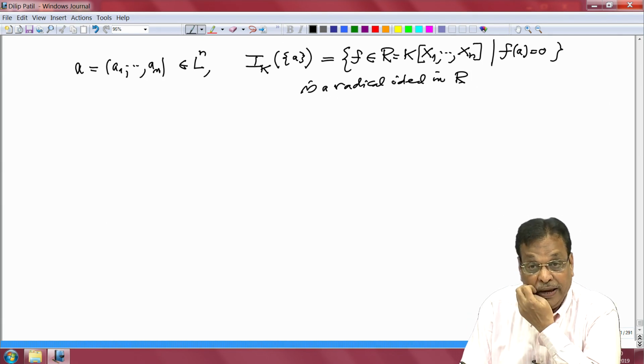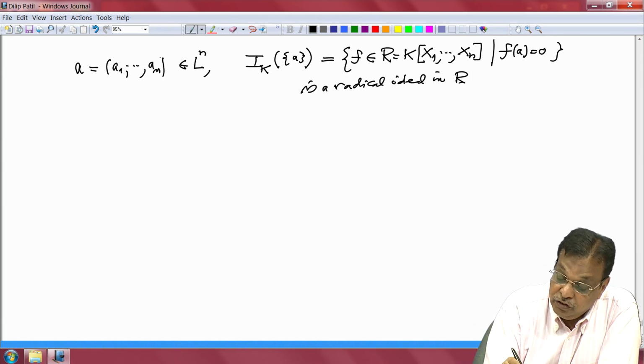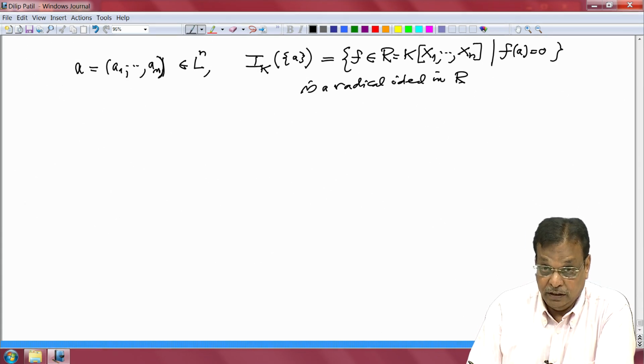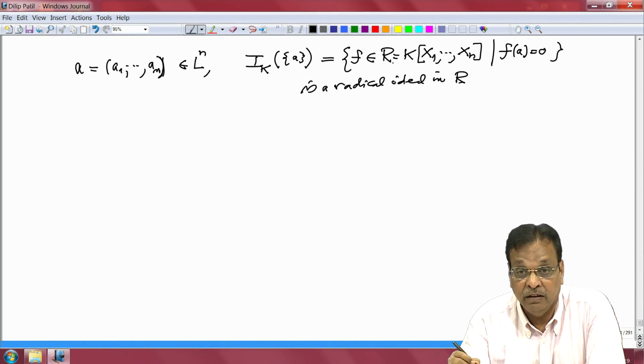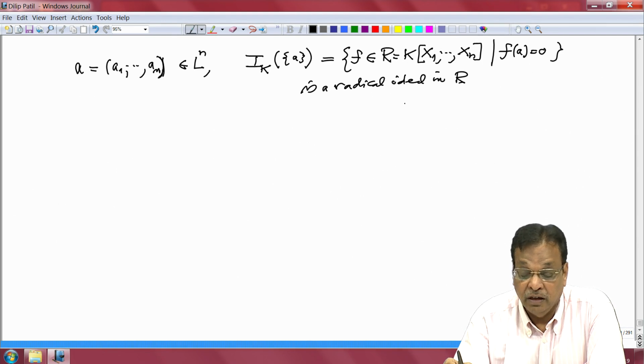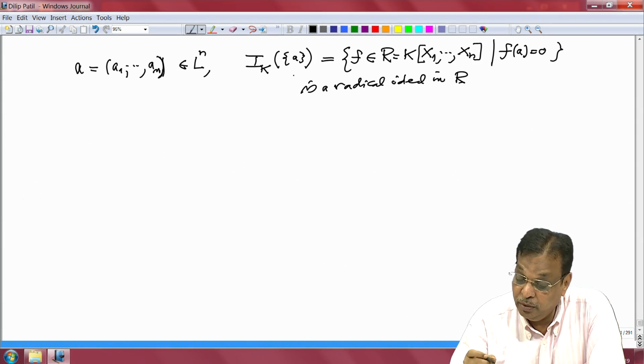Remember, when L equals K, then we can describe this, but here the difficulty is that these a_i are not in the base field. So we cannot say that the usual ideal generated by x_1 minus a_1 is an ideal in R; it is an ideal in L, but we need an ideal in R. So what we are going to describe in the next couple of corollaries is, for example, when is this ideal a prime ideal, or when is this ideal a maximal ideal, and so on. This will be the question addressed in the next two corollaries.